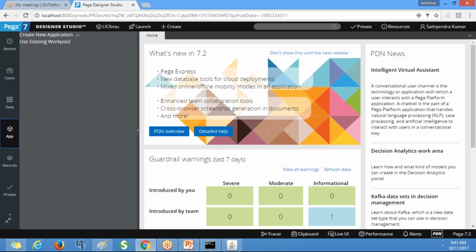See, we don't have any class here, right? We haven't created any class. So what are the classes it has created when we create an application by using the Wizard? We have created BOA application, right? So it has created BOA, that is one abstract class. Next, BOA insurance, that is one more abstract class.